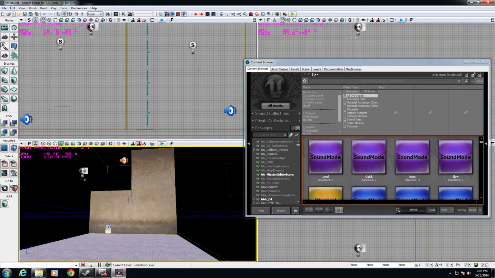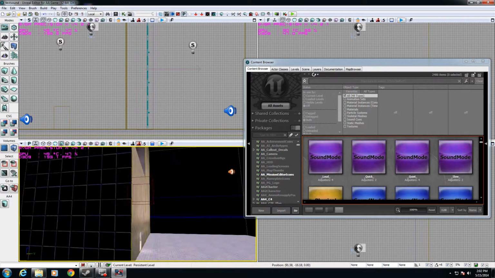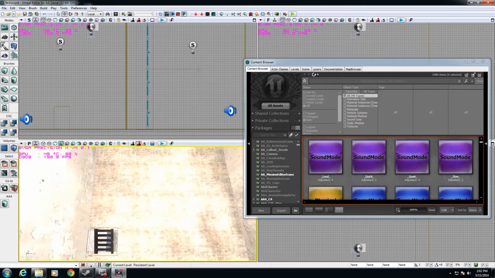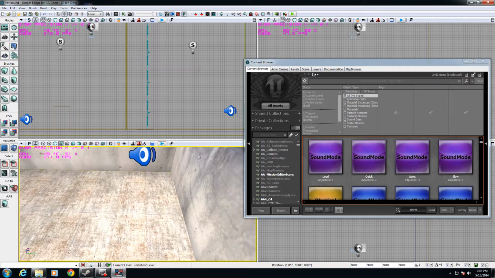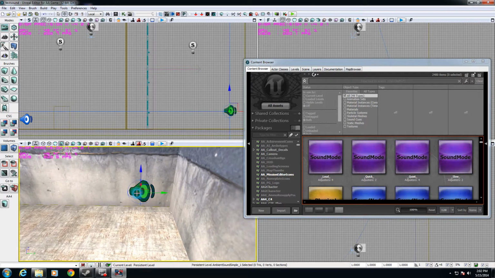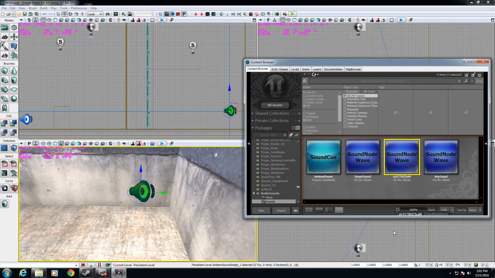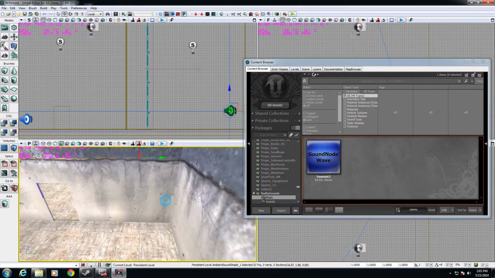All that's here, 3 different rooms, 1, 2, and then 1 up with no sound in it. This one has no sound. This one has this sound in there. And then this room